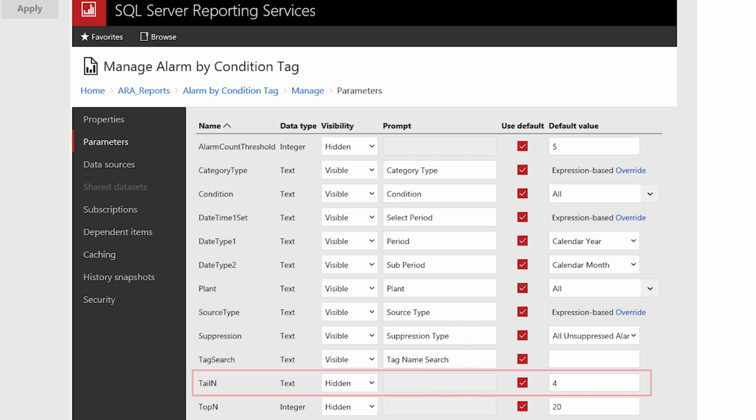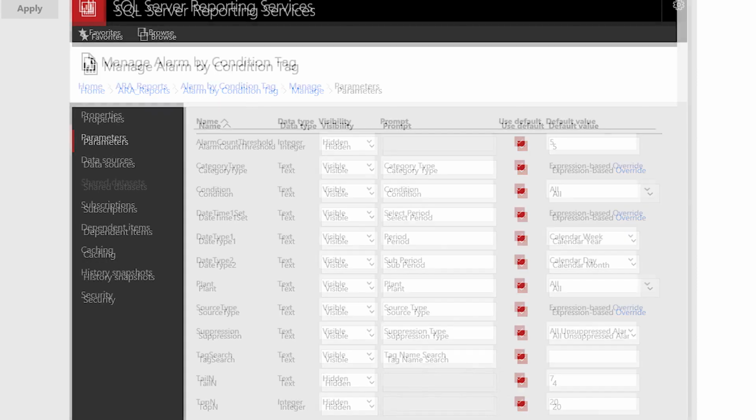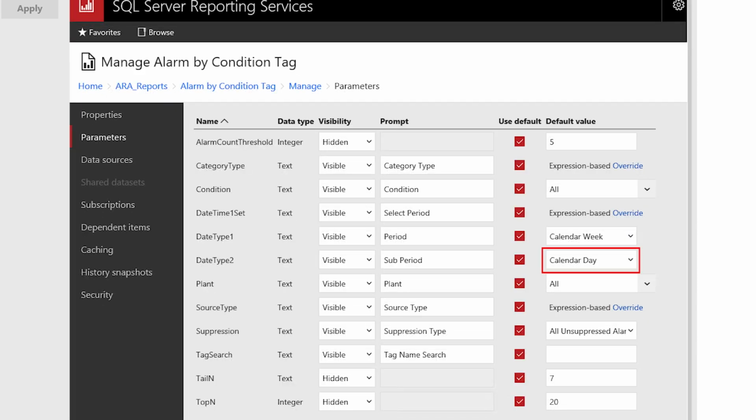The parameter tel N controls how many time periods are shown in the report. For example, if the default time filter were year, then a tel N of 4 would show the last 4 years of data in the report. Similarly, if the default time filter is day, then a tel N of 7 would show the last 7 days of data in the report. For most users, the hidden filter values do not need to be changed,